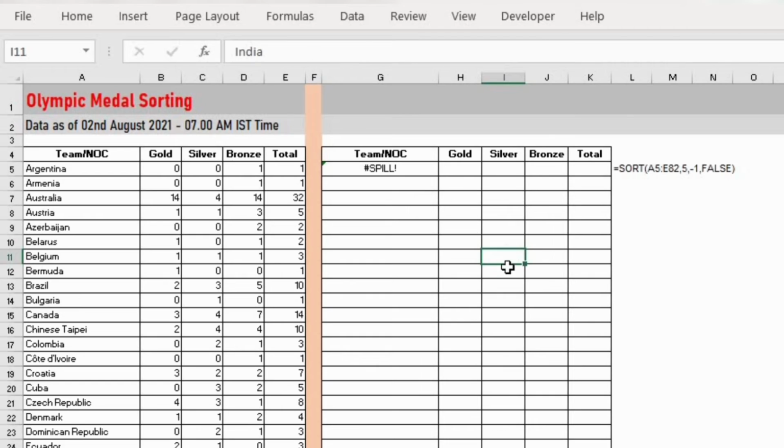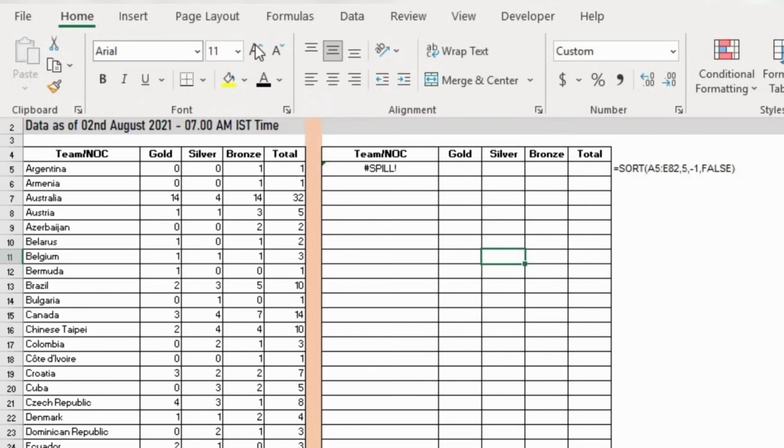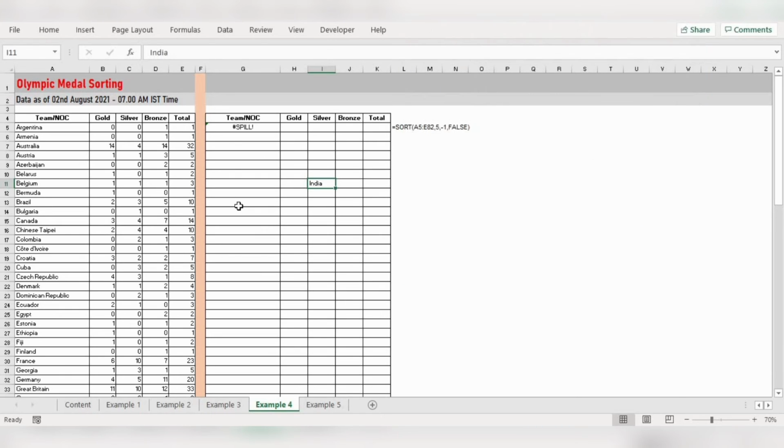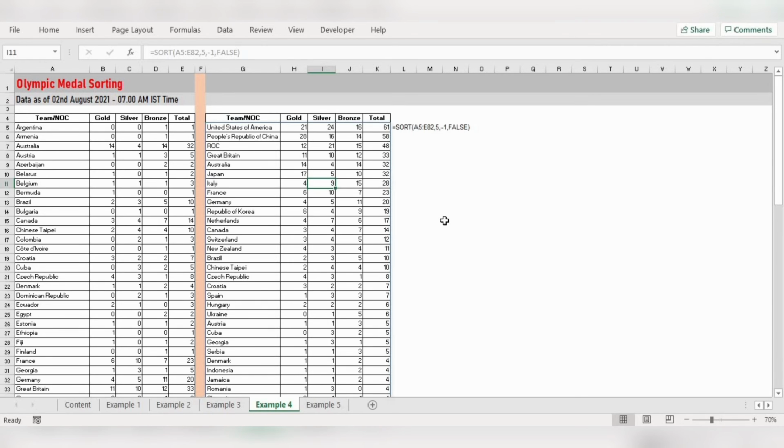Now if you look here, India. It is in black font only, but still it's not visible. That means they have hidden it through a formatting in custom. Now here, if you look in custom, this is the hidden content. Now I am deleting it. Now it looks visible. Now I am going to delete it. Now you can see the result here. Now you will get a result.